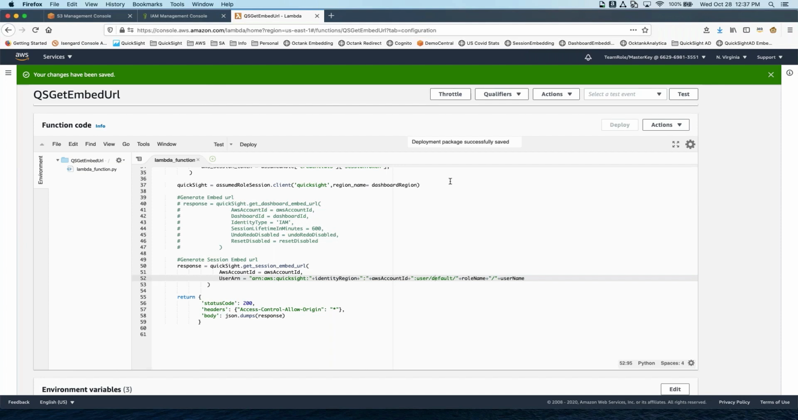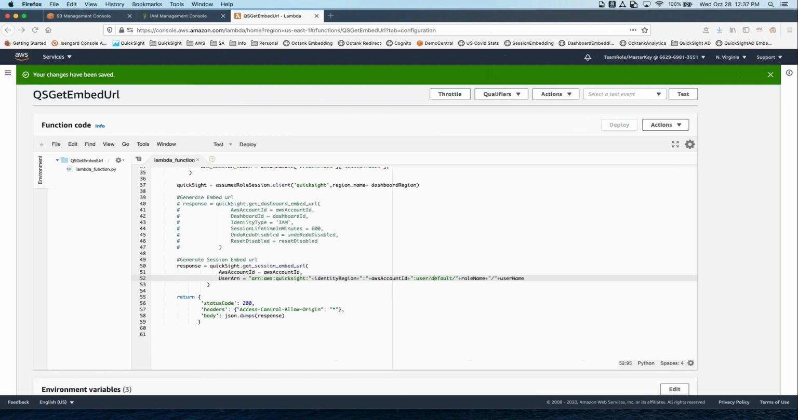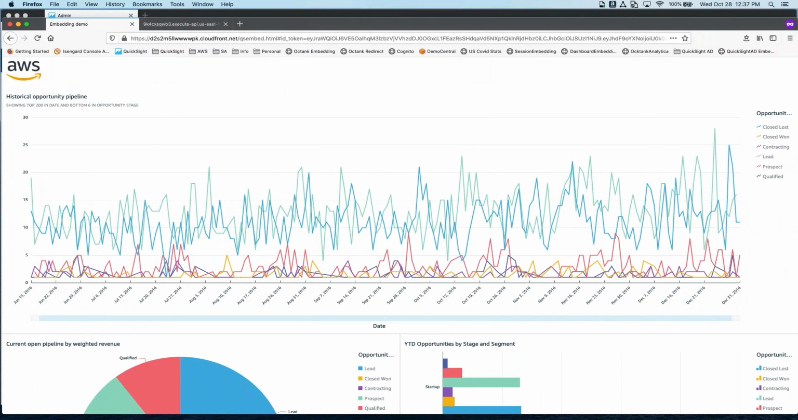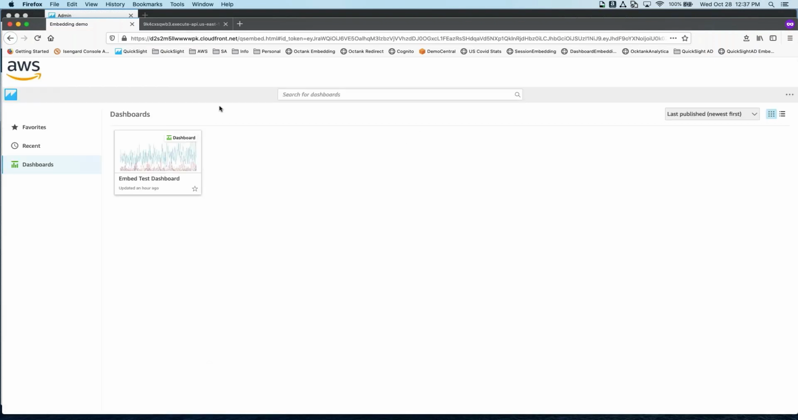Okay, so that Lambda function has been successfully saved. Let me just make sure that's it. Yeah, so that's pretty much all the changes I need. So with that much done, if I come back to my embedded dashboard screen, and if I were to just refresh this, it will make the API call again. But this time it should come back with a session for me. So you can see here the dashboard went away, and instead it embedded the full QuickSight session